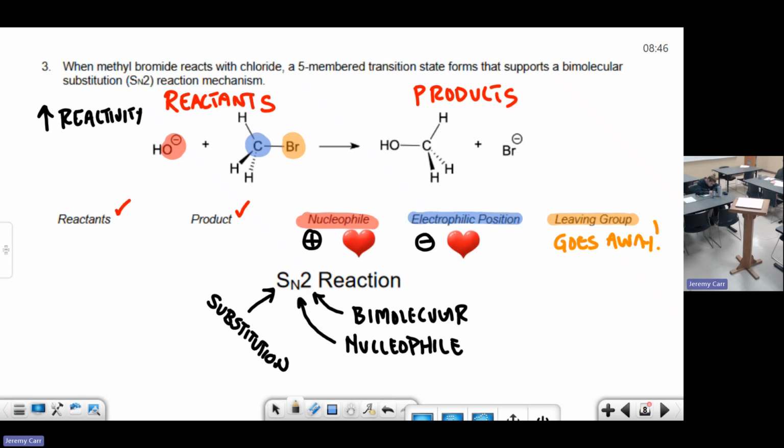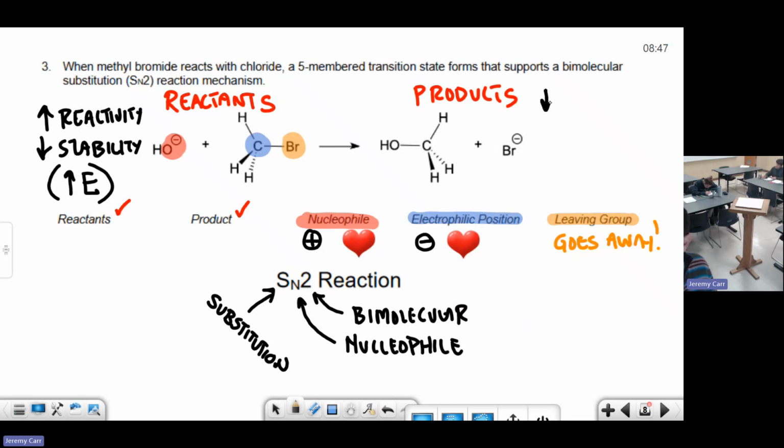And since they're highly reactive, what does that tell us about their stability? Very low, low stability. So we generally define our reactants as being relatively, well, let's just say relatively high in energy. What about the products? It's the opposite, right? Because you don't want your products to react. You want them to be stable.